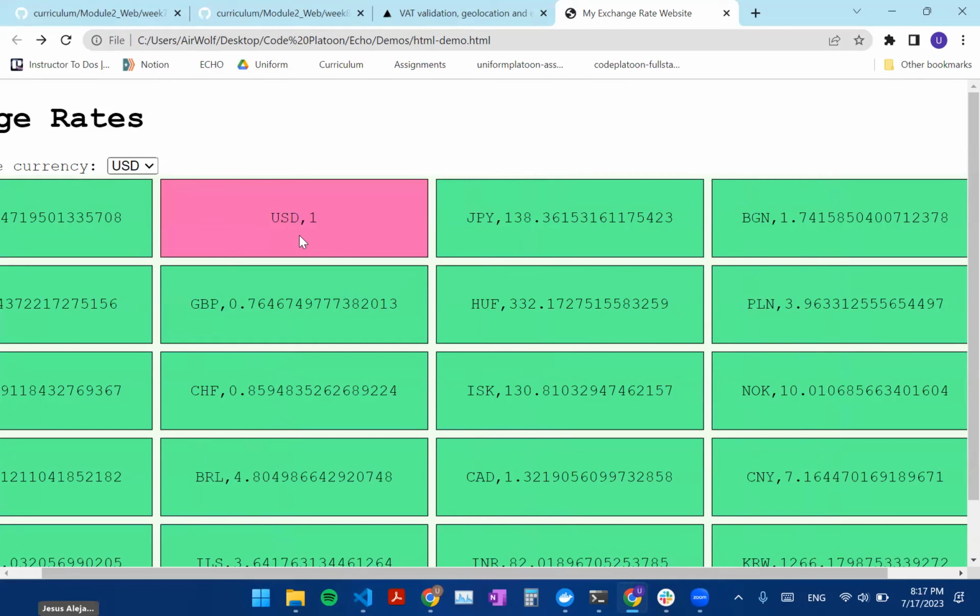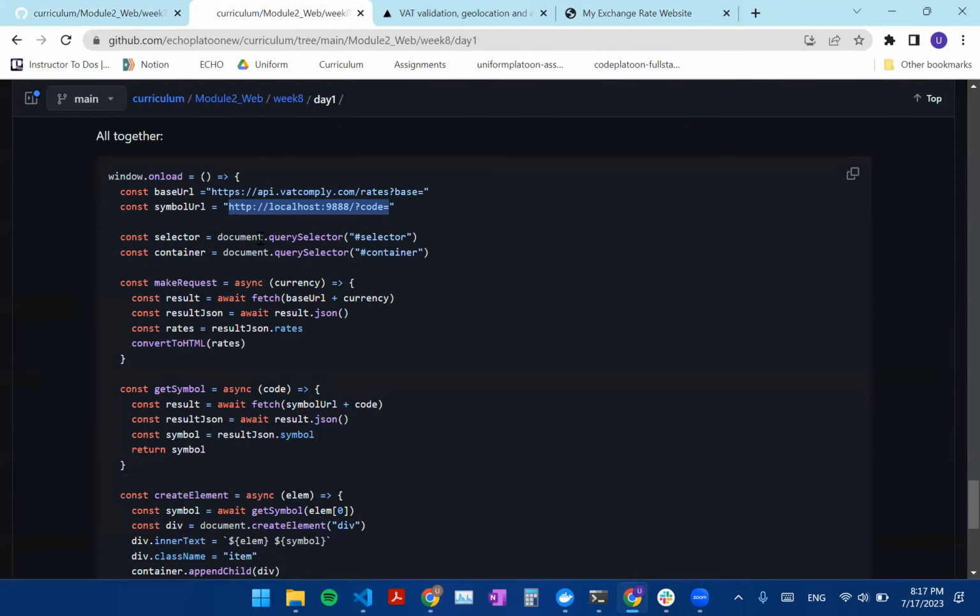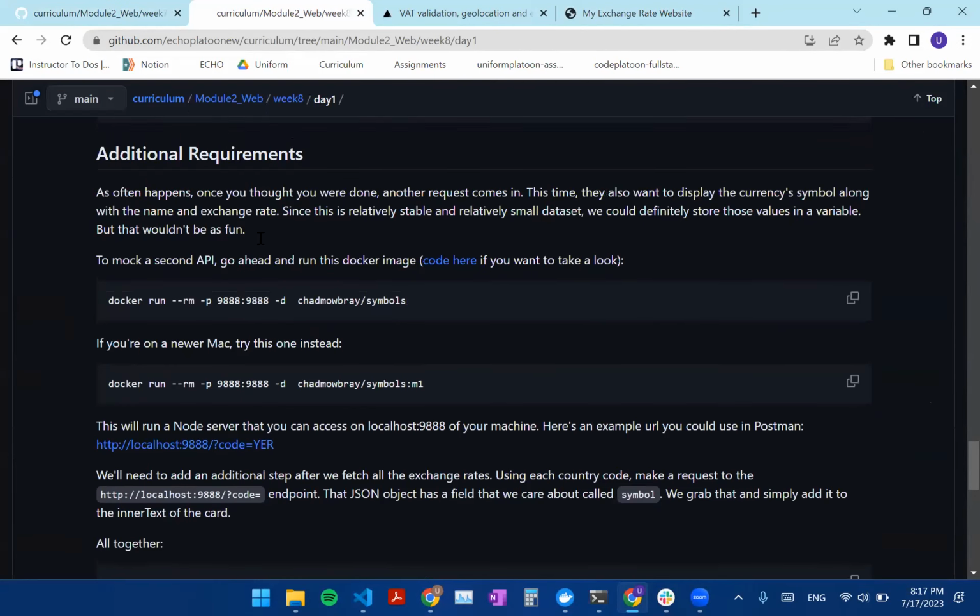It would be really nice if we could put some sort of symbol along with the very long text strings here so we can see what currency we're looking at instead of just a 3-letter identifier. So Chad has done something really handy for us, which is he's made a Docker application that we can use to do exactly this. So if we go to our week 8, day 1,